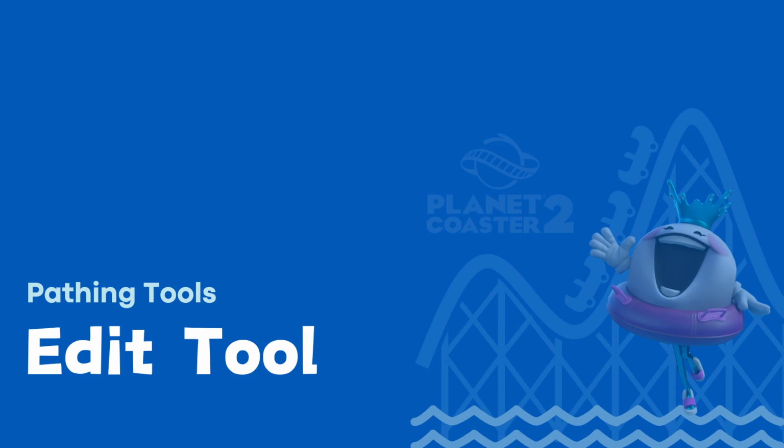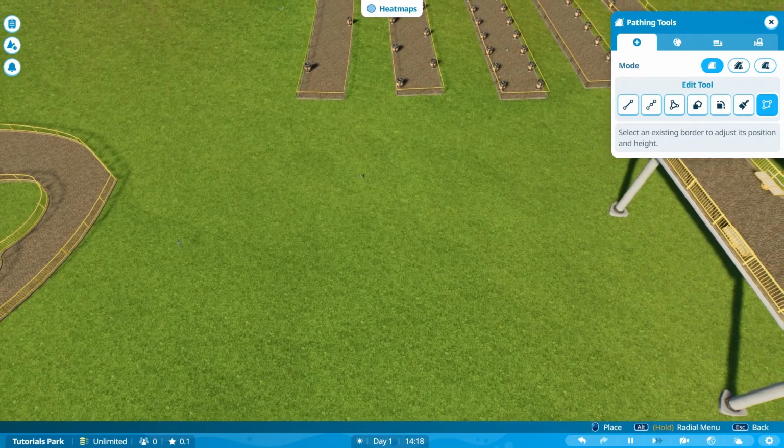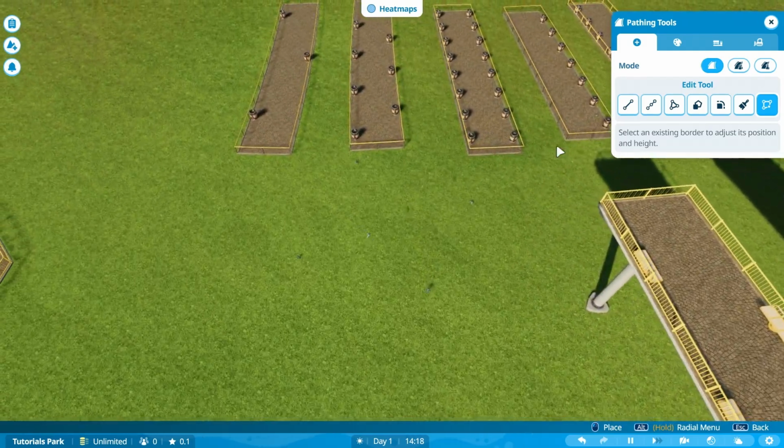The edit tool is super helpful for editing existing paths. It will help you to adjust the position and height of the different segments of your path. So let me show you this. Let's say that